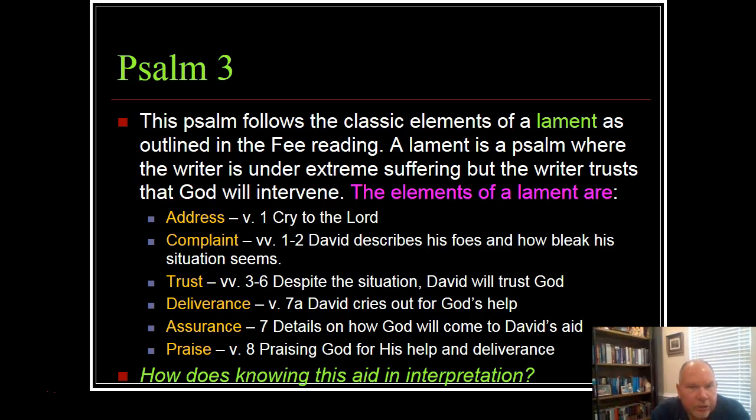the Lord for help, assurance at the end of verse 7, details on how God will come to David's aid, and then finally a praise of God, praising God for his help and deliverance. So in your assignment, I'm wanting you to classify the psalm on the worksheet, and then I'm wanting you to identify the components that support your classification, and then a discussion of how those components aid in your understanding of